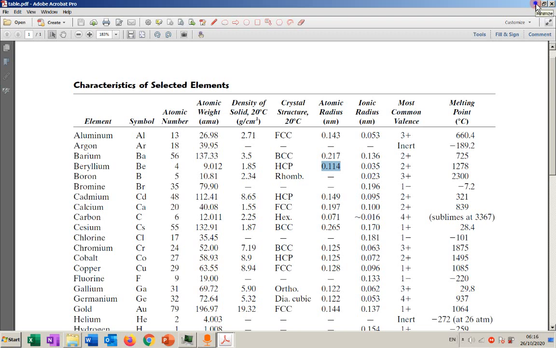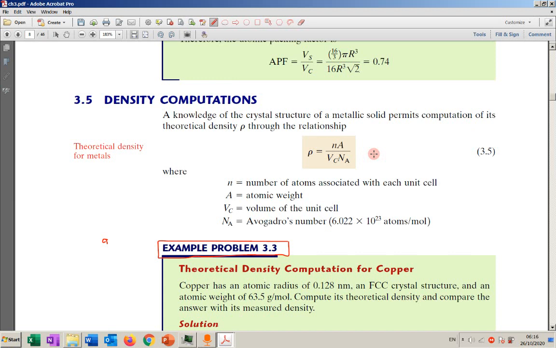This is another way. There is a third one that can be used to identify crystal structure. Let's say you have a density of the material. You want to identify the crystal structure. So how would we know which type of crystal structure we have? Let's say it's simple. If someone is telling you that this is iron and this is the density of iron, which crystal structure does the iron have? A simple question. I can use this equation as well to calculate